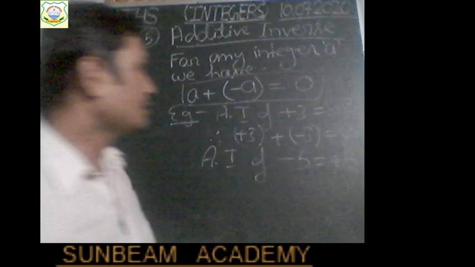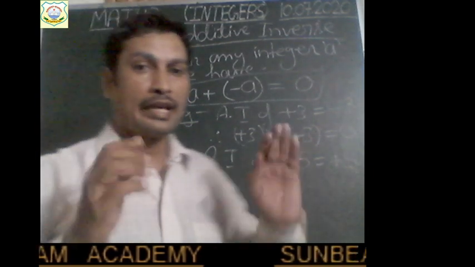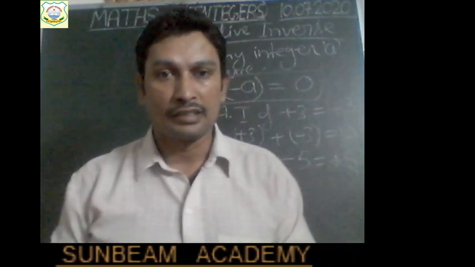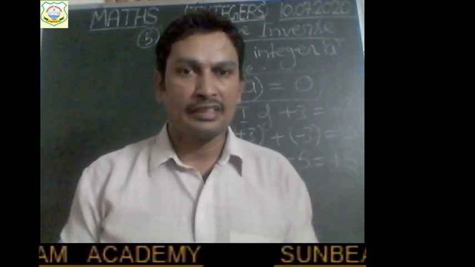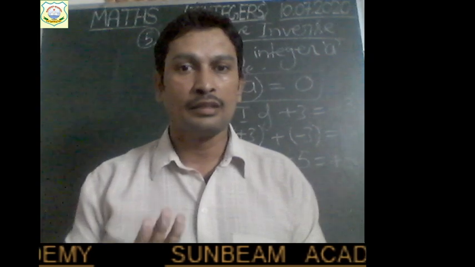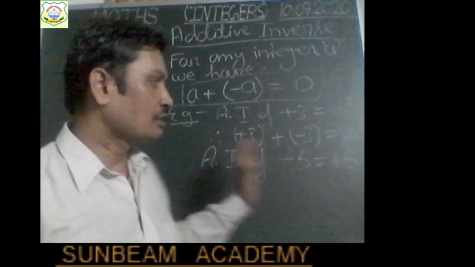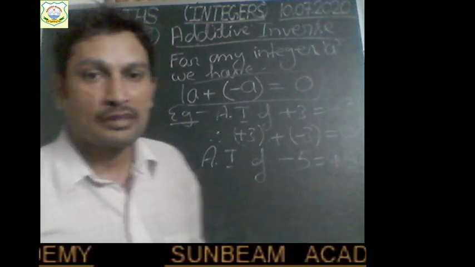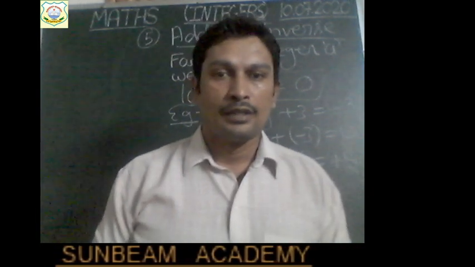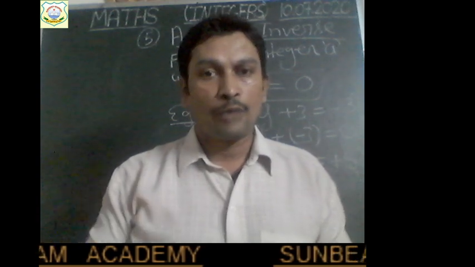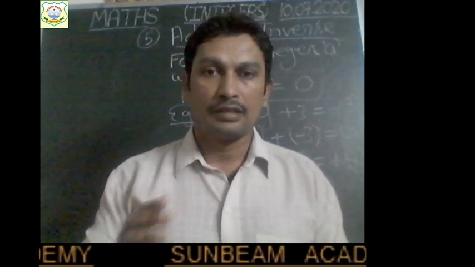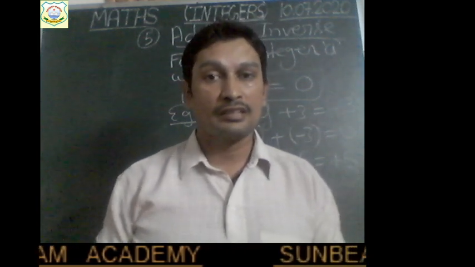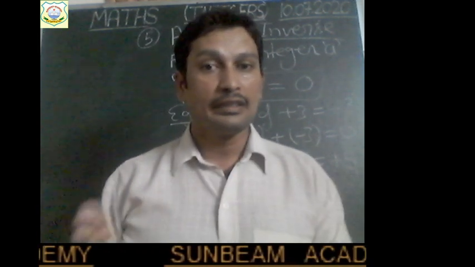So you can see, to find the additive inverse of an integer, we need to change the sign of the integer, nothing else. It is so easy, children. So I think you can solve the questions based on additive inverse now. Okay, it is clear to you all. So let us move to the next topic now. Okay, this is all about the properties of integers. And the next topic that we have to discuss now is successor and predecessor of integers.